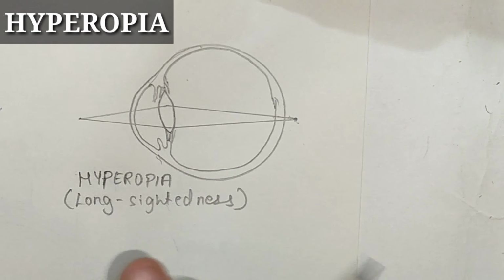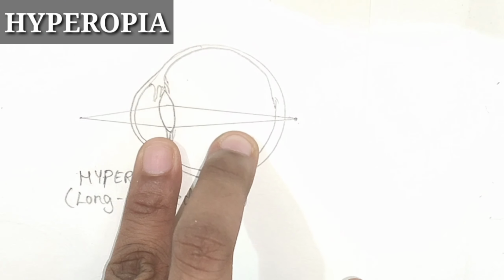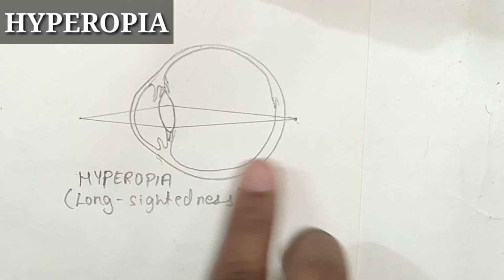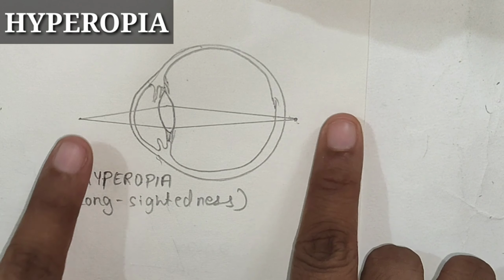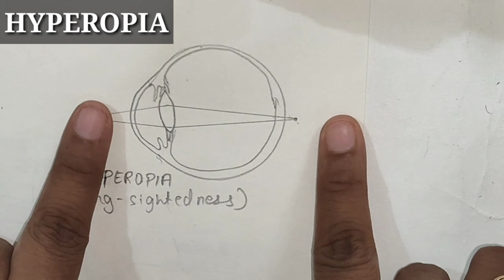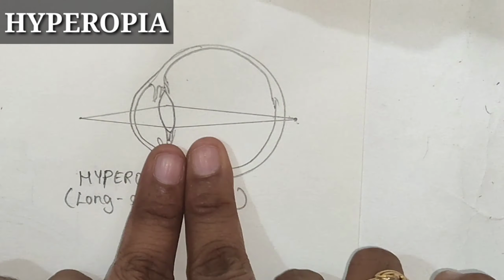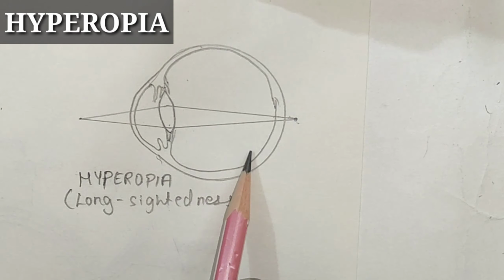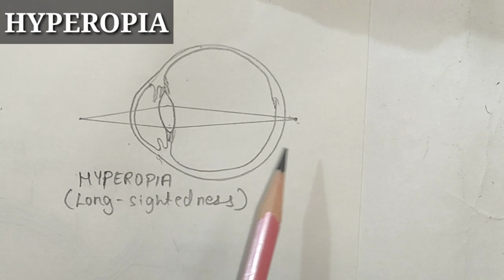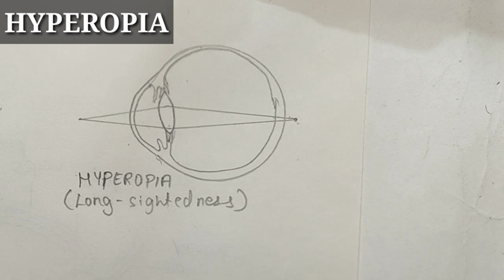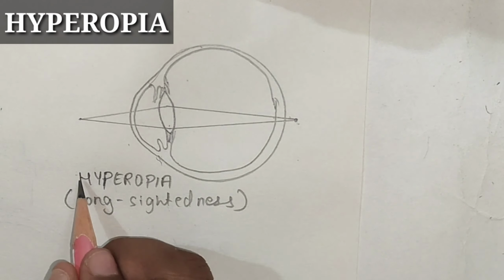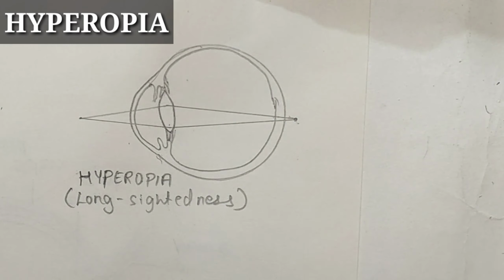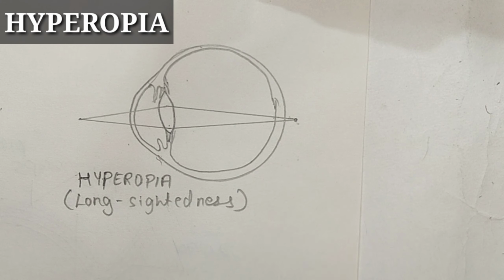What is the cause? First, shortening of the eyeball, exactly opposite of myopia. तो यहाँ पर पीछे इमेज फॉर्म हो रहा है. क्यों? बिकॉज आईबॉल छोटा हो गया. और ऐसे याद रखना, आईबॉल भी छोटा हो गया और लेंस भी फ्लैट हो गया. So flattening of the lens, the lens becomes flat, and the eyeball shortens front to back. So these are the two causes of hyperopia, or it is even called hypermetropia.